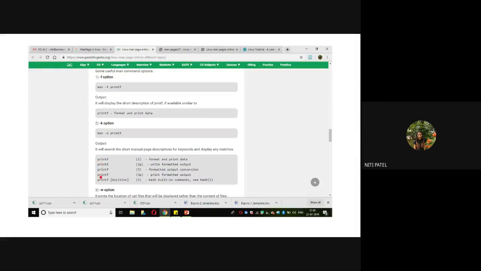First is printf with 1, printf with 1p, printf with 3, printf with 3p, like this. So if I use -k, what is my system going to tell me? It will display all the types of printf commands, or the information of all the types of printfs that are there in the system. So it is giving me information about the printf which is used with 1, printf with 1p, printf with 3, printf with 3p.